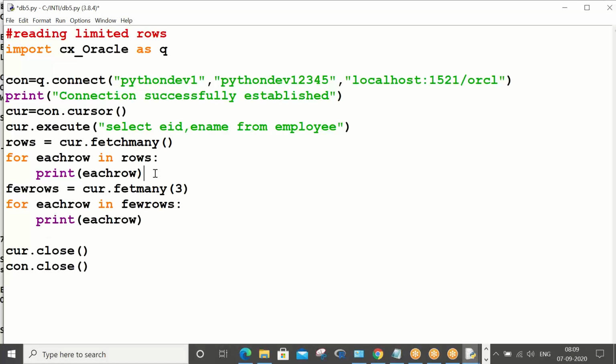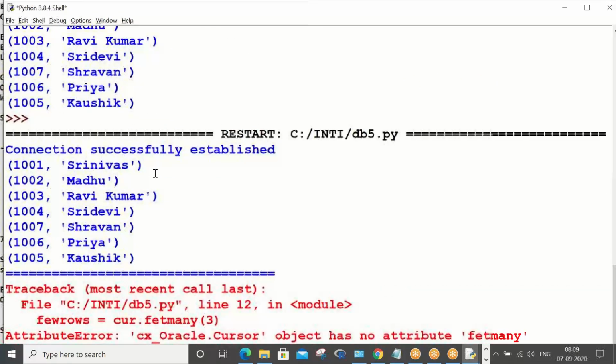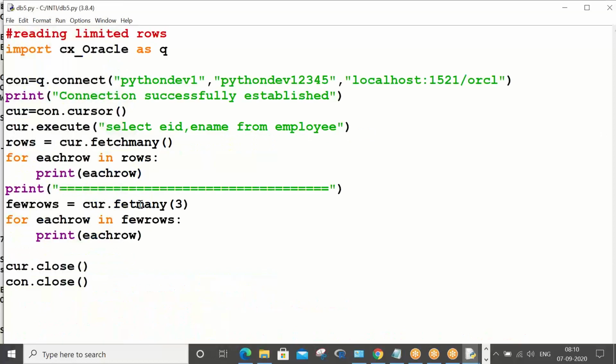So now what I'm going to do is write a separator line just to see the output. Control S, F5. Again a typo error. Control S, F5.